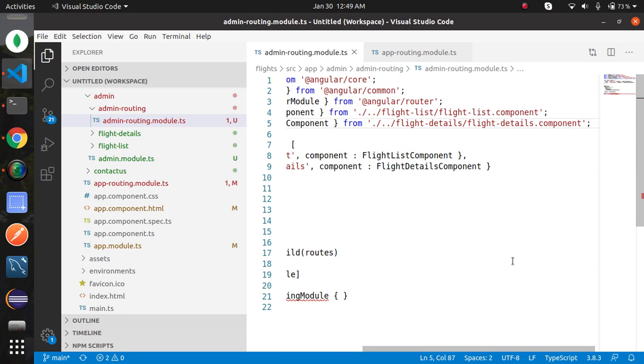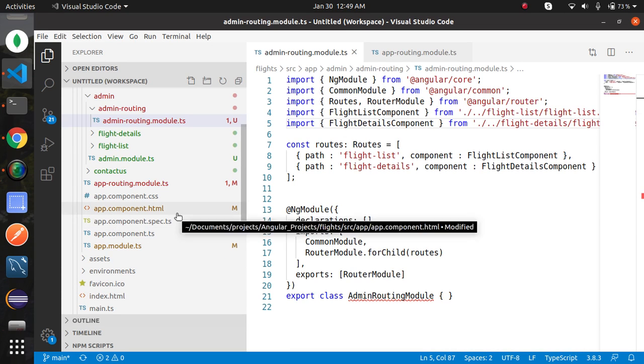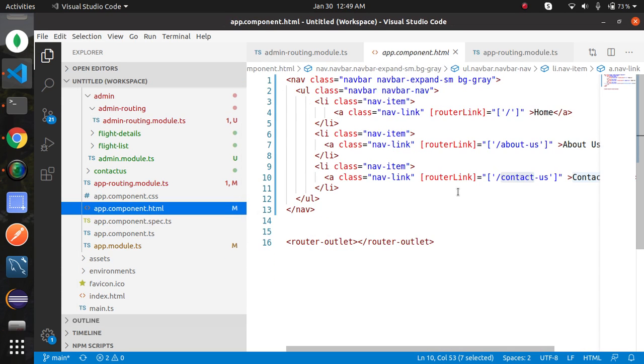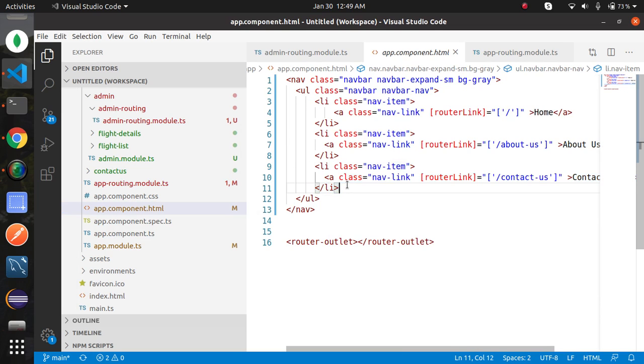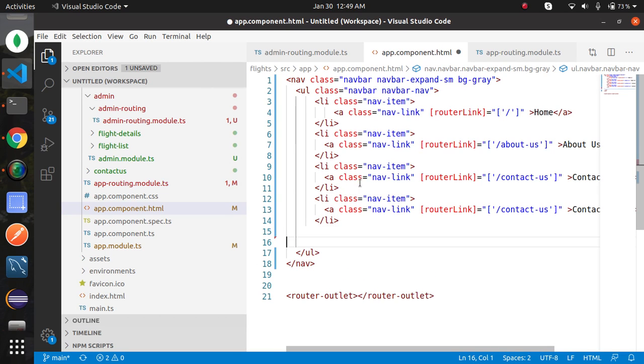Both components are imported here. Let's go to your menu file, that is app.component.html, and add both routes here. Copy this, paste it two times, sorry.